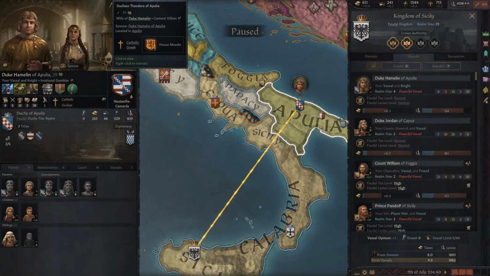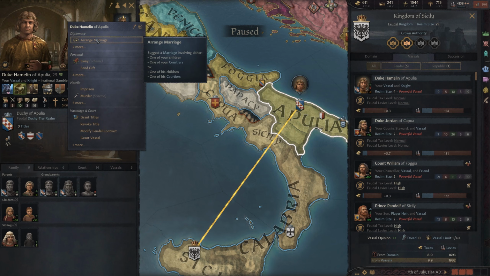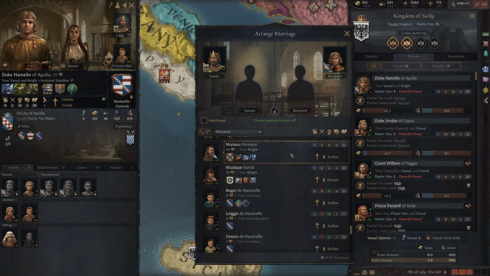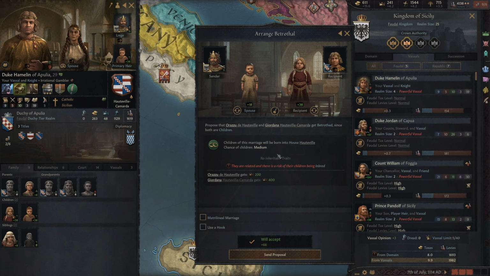Now, in addition to that, we also have some other ways that we can kind of tick the needle forward here. I can arrange a marriage between, let me say, my grandson and his daughter. Now, this is going to cement things for one important reason. I will be able to bring an alliance to the table here, and he won't have maybe the best opinion of me, but he's going to be absolved from joining any factions against me.